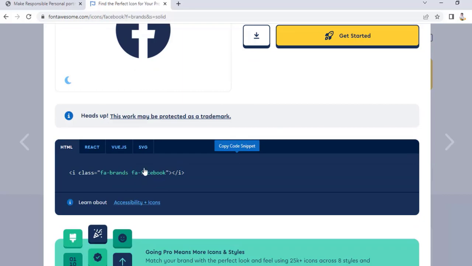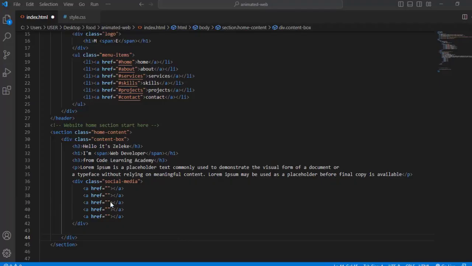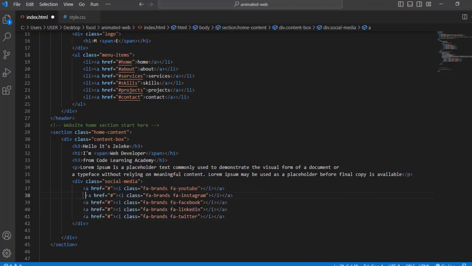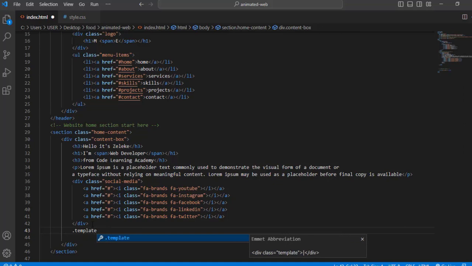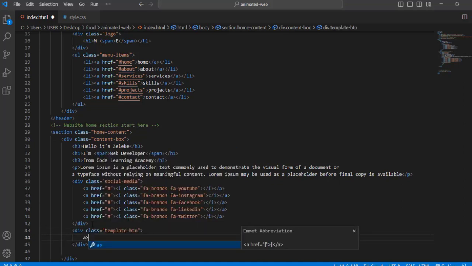Come over here, and again here we have the code snippet. I'm not going to waste your time right here. I simply find some social media icons right here for YouTube, Instagram, Facebook, LinkedIn, and Twitter. So head over and find any Font Awesome icons that you're interested in. After that, we are going to create